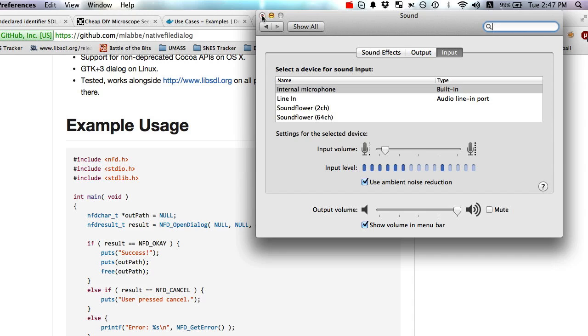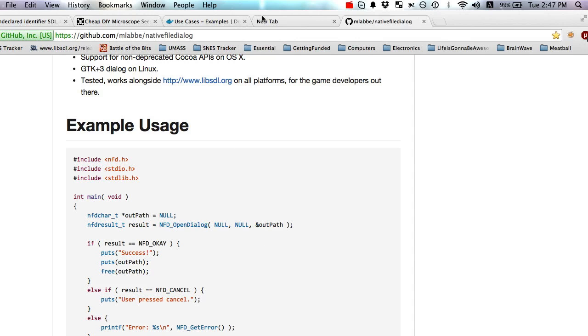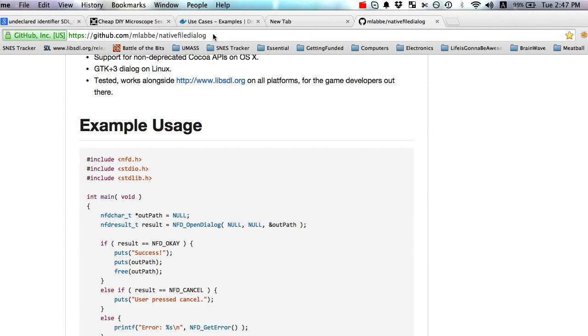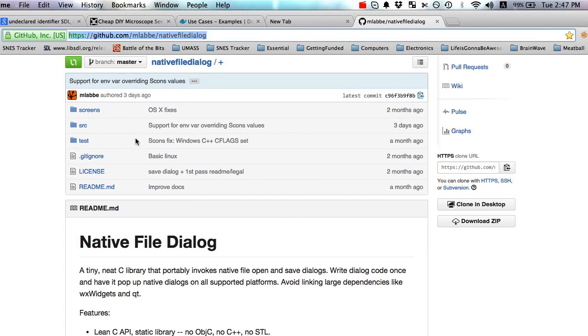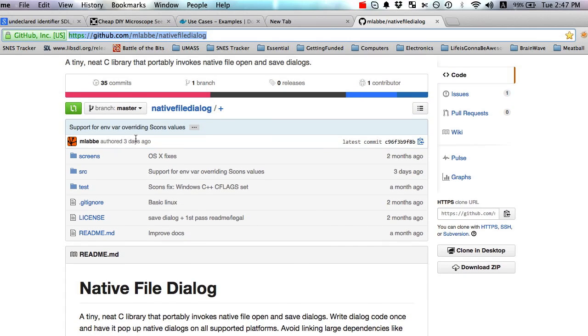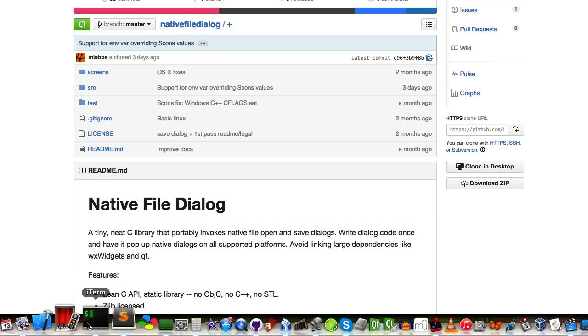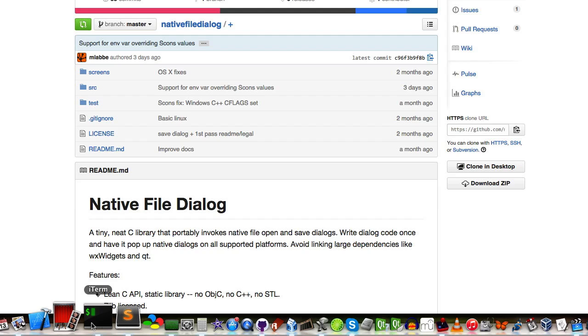Today I would like to talk to you about what I did because I did a few things. One of them is native file dialog. This is a cross-platform, sort of neat C library that will plug into your project and give you a cross-platform native file dialog. And I added that into SNES Tracker today. Basically, I also added